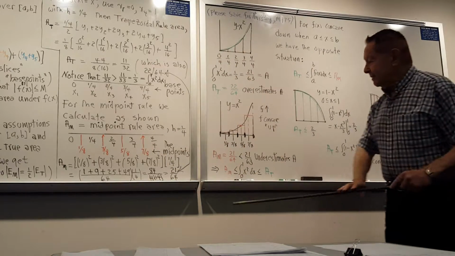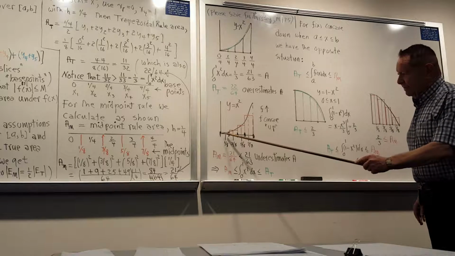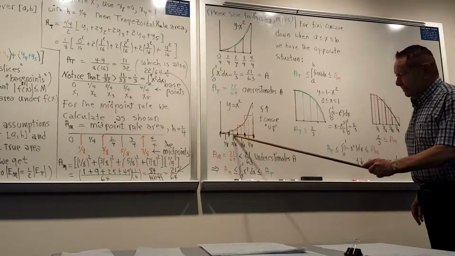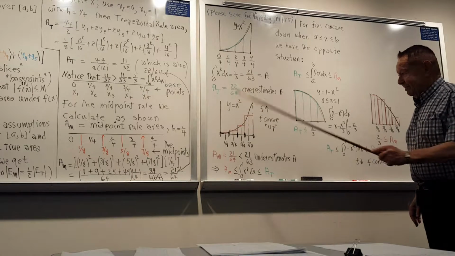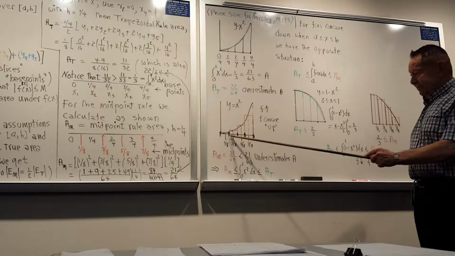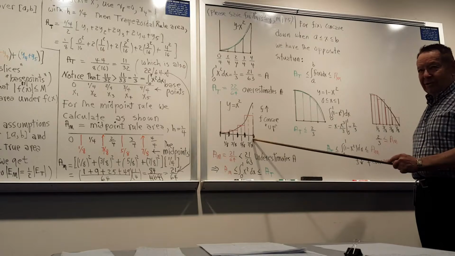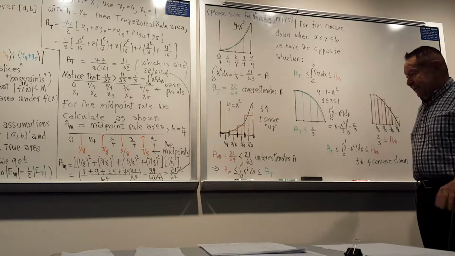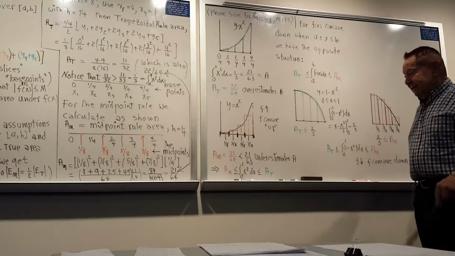Then your height will be the midpoint value squared. And then the widths are, in this case, 1/4 for all the rectangles. And if you do that, you'll get